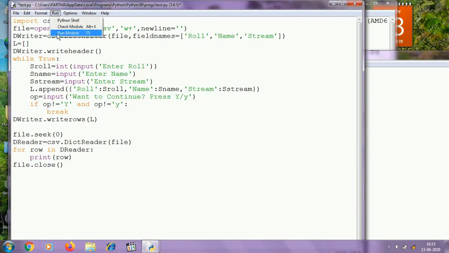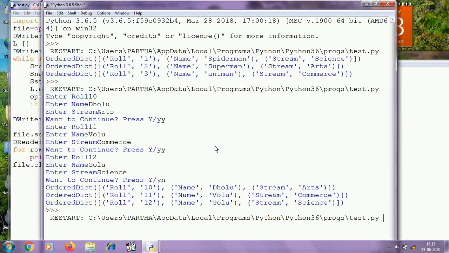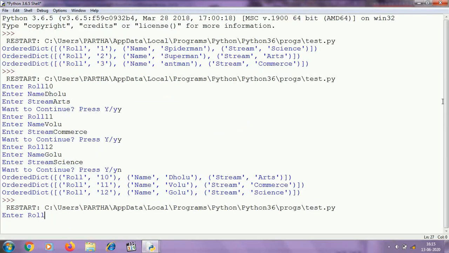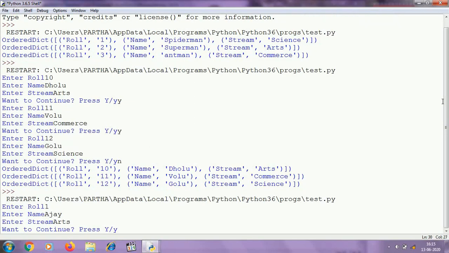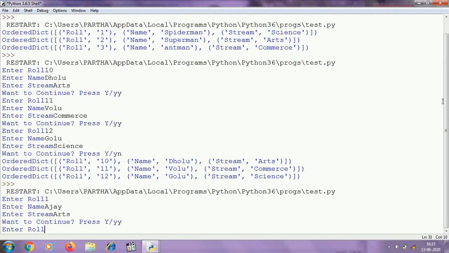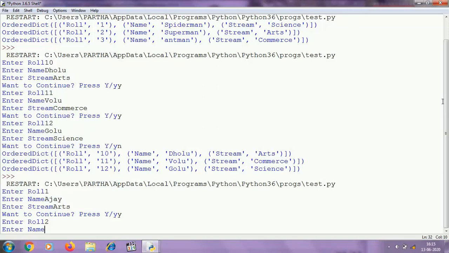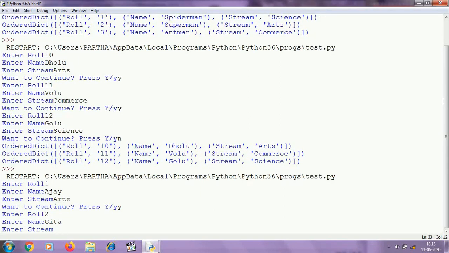Now again I am going to run this program. Enter roll, for example 1. Name of the student is, for example, Ajay. Stream arts. Want to continue? Yes. Next roll 2. Enter name, for example Geeta. Enter stream science.